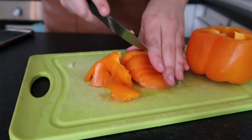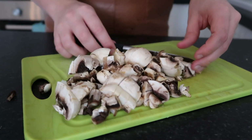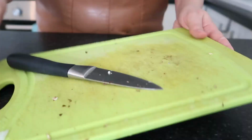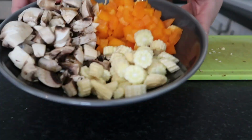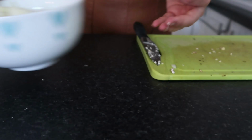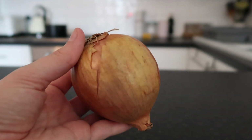Then you want to chop the rest of your veg, so you can use whatever veg you like. I kind of tend to use what's in the house. I had loads of spinach left from the Rivita I was making, so I used some spinach, some baby corn that I'd had from something else, some mushrooms, some peppers, obviously we've got the onions, so just whack